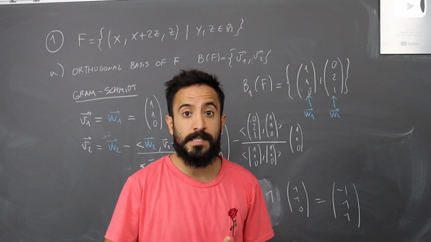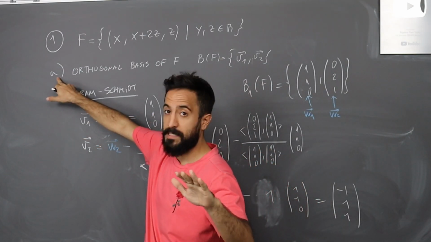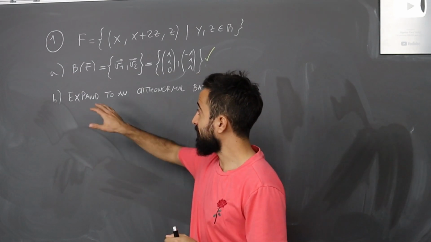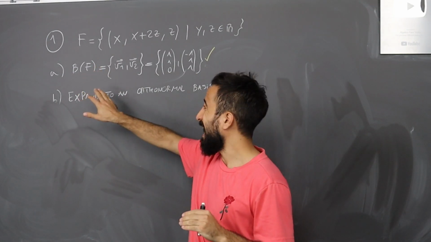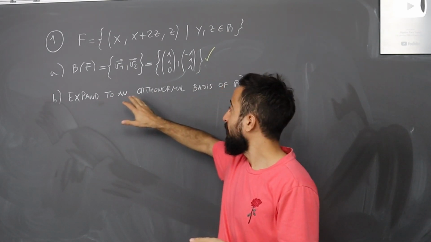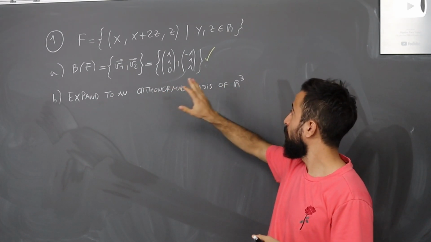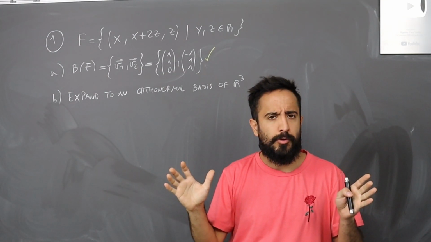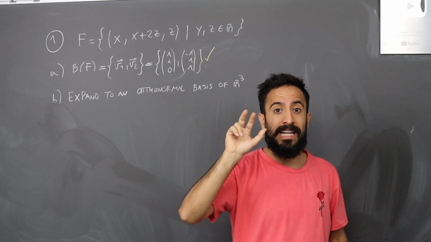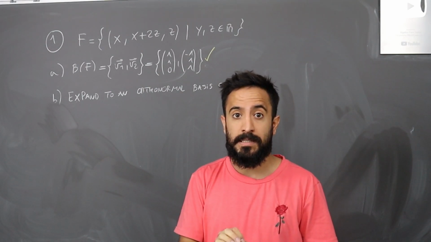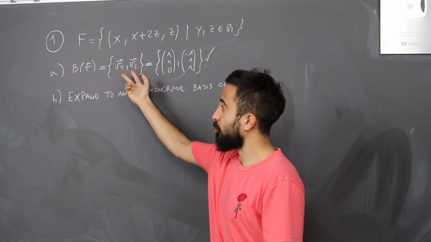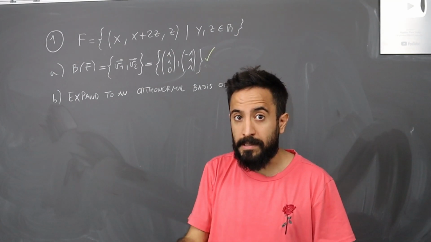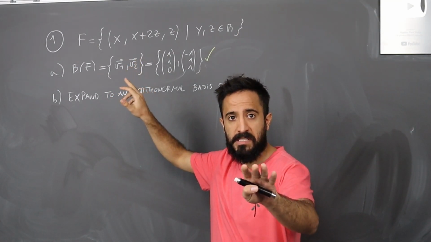Let us continue with this exam. So this was just the first part. Let's go to part B. In the second part of this first exercise, they ask us to take this base and expand it to become an orthonormal basis of R3. So let's start with the basics. To get a basis of R3, we need 3 linearly independent vectors, right? We have 2, so that means we need to find an extra vector that is linearly independent with these 2, right? So let's take it from there.